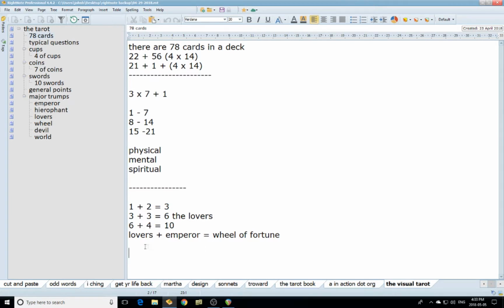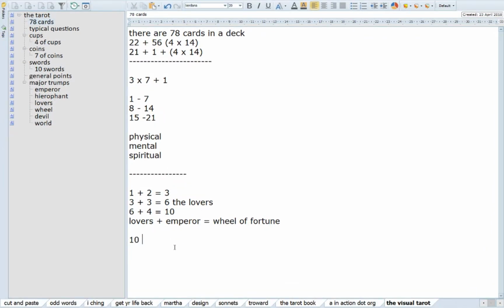Because after this, interestingly enough, 10 plus 5, we've already done 1, 2, 3, 4. And so we've got 10 plus 5 equals 15. So we've got the Wheel plus the Hierophant equals the Devil. So if you're in life and controlling life, let's say, from the Wheel of Fortune, and you add a little bit of the Hierophant,